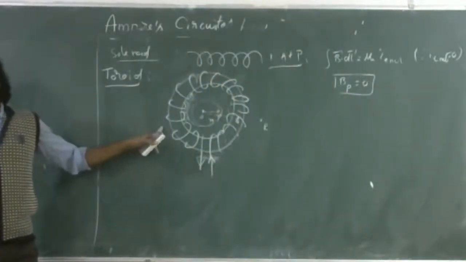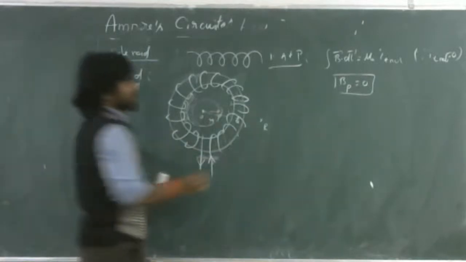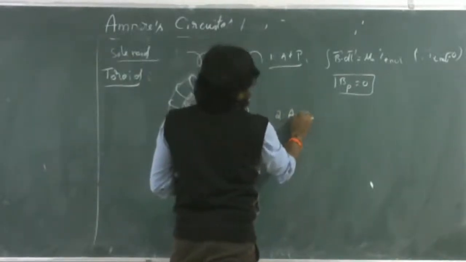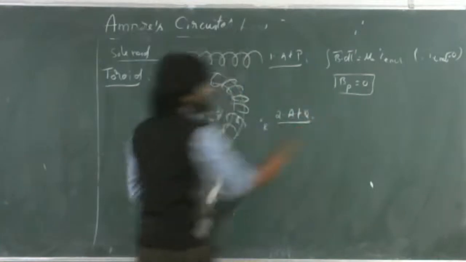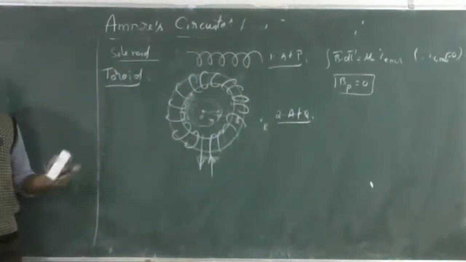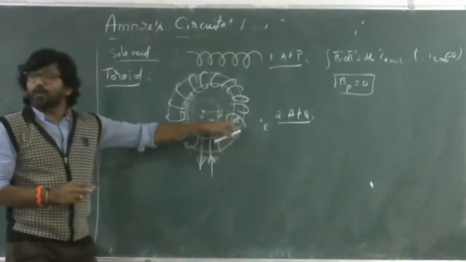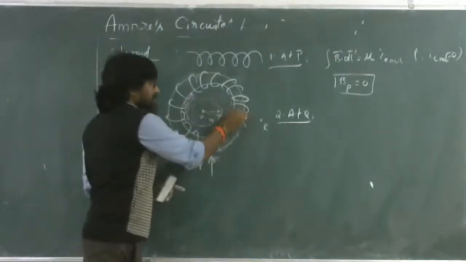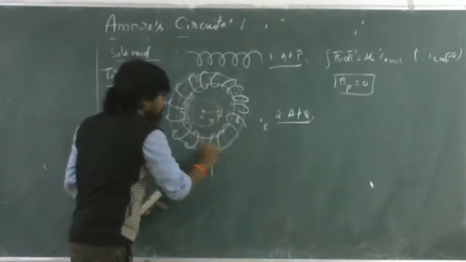Whereas the second point is at Q. This is the point Q. To find this, if you construct a closed loop,